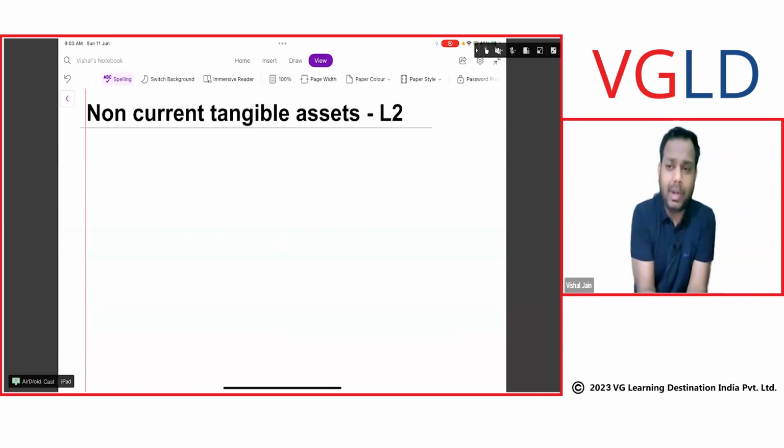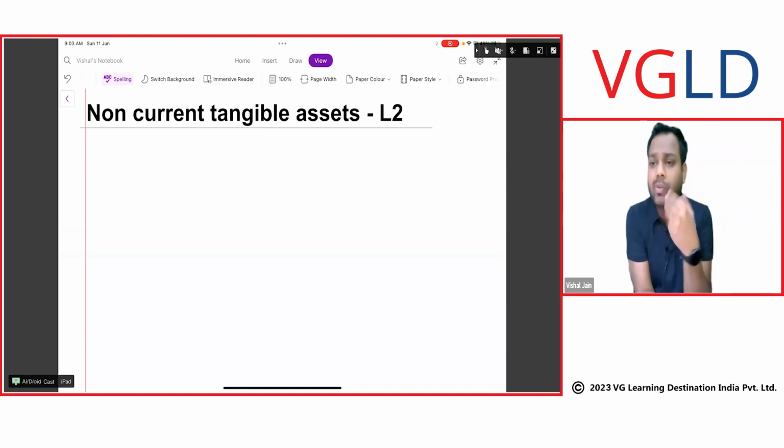So if you tell me the definition of property, plant, equipment, it will be: property, plant, equipment are tangible assets held for use in the production or supply of goods or services, for admin works, and the third one is rental to others, the life of which is more than 12 months. Now, the definition of investment property is land, building, or both held for rental to others or for capital appreciation. I believe the meaning of property, plant, equipment, and investment property is very much clear to all of you.